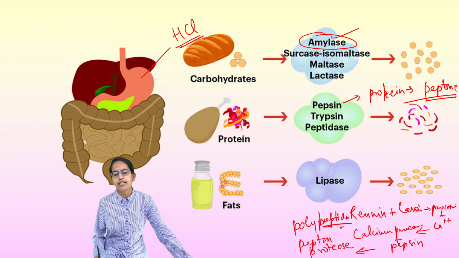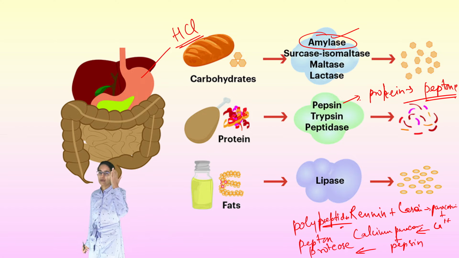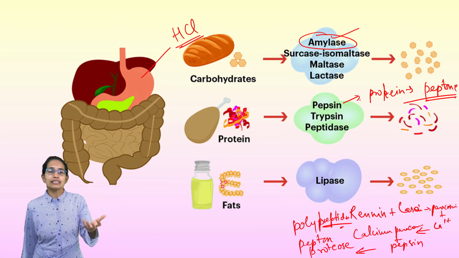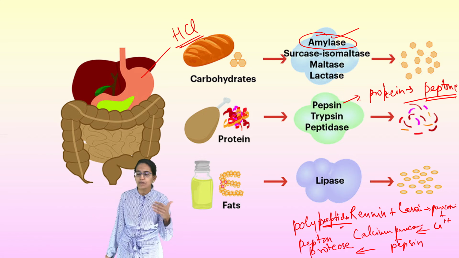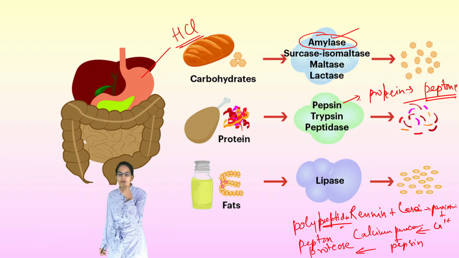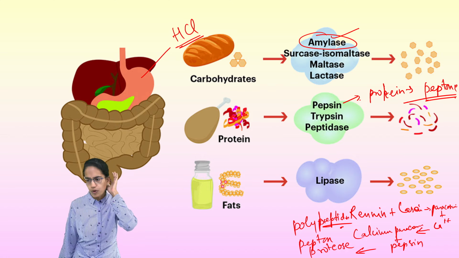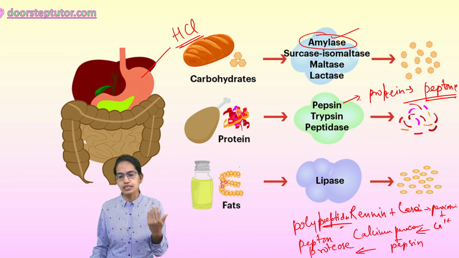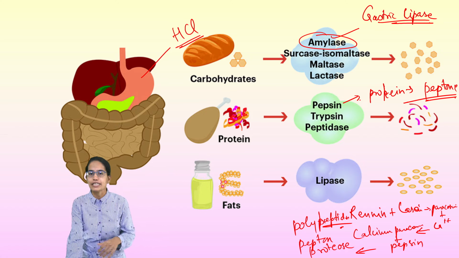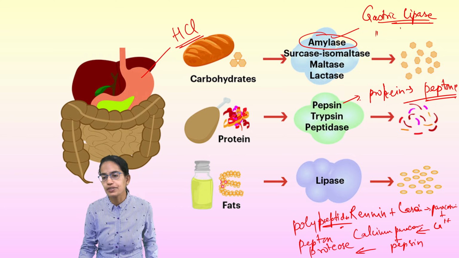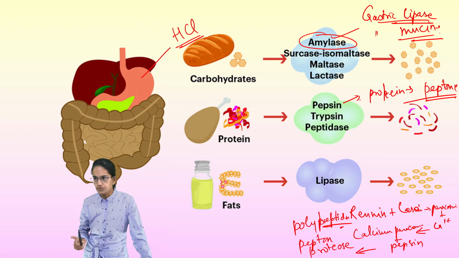Clear? So renin combines with casein, which is the milk protein, to form paracasein. Paracasein combines with free calcium ion to form calcium paracaseinate. Calcium paracaseinate combines with pepsin to form peptone, protease and polypeptides. Then within the stomach is the gastric lipase. As the name suggests, the function is to hydrolyze fat into fatty acid and glycerol. Then we do have gastric mucin. The idea is to protect the mucous membrane of the stomach.